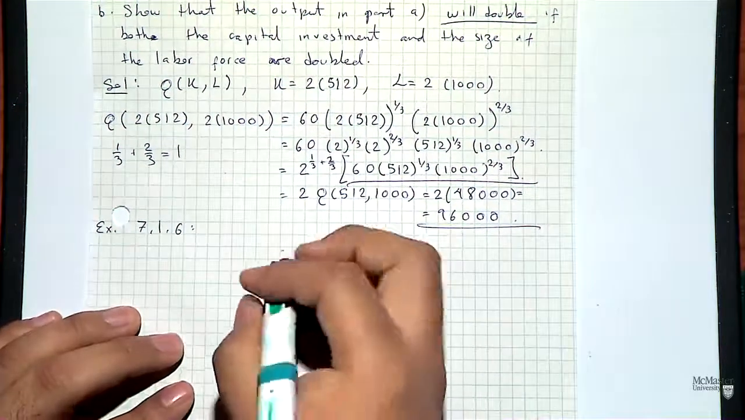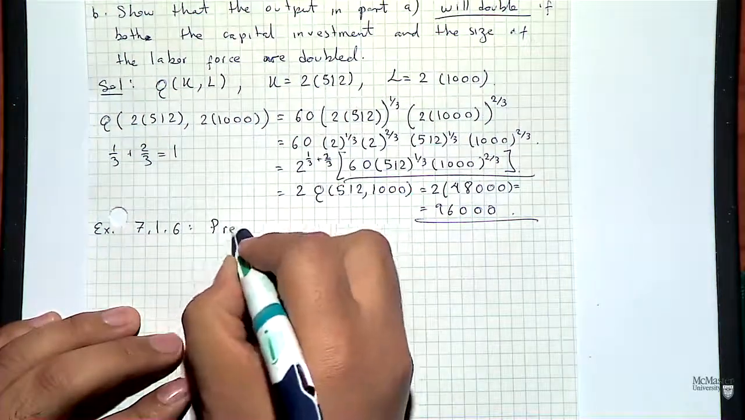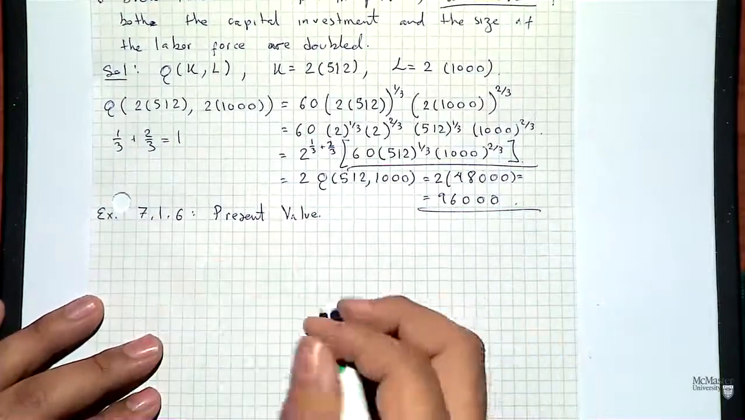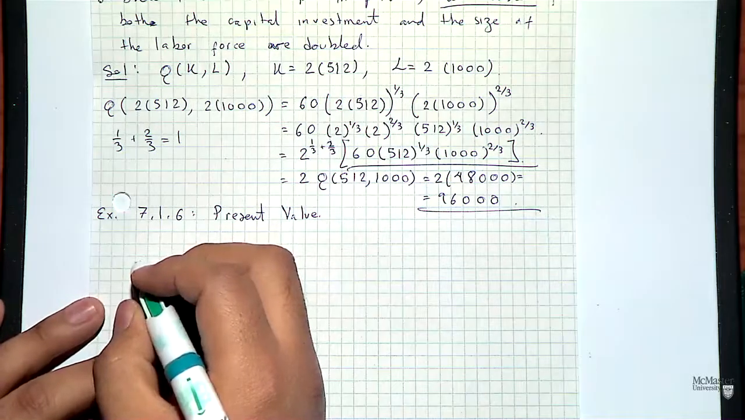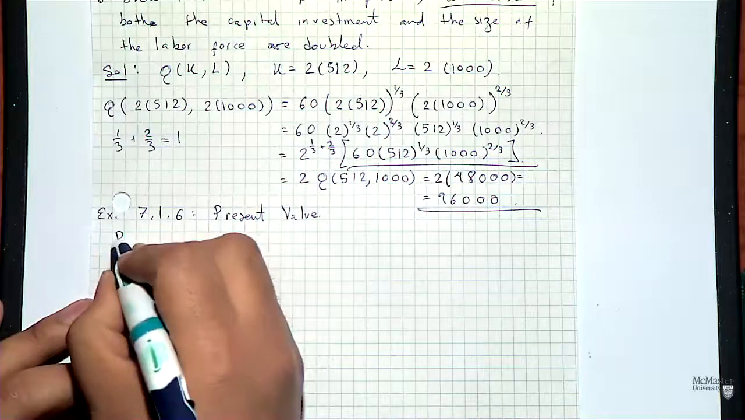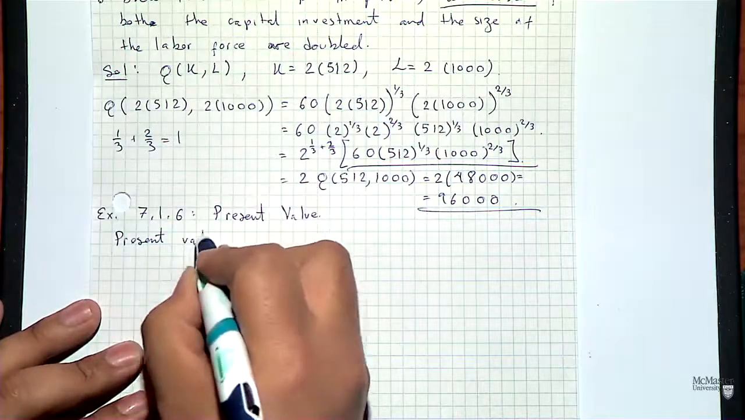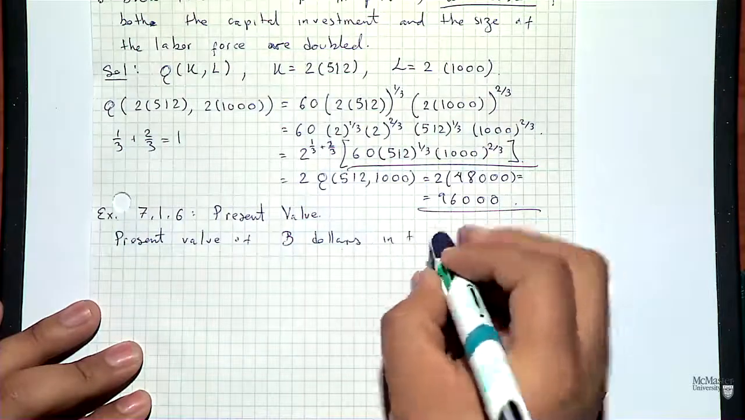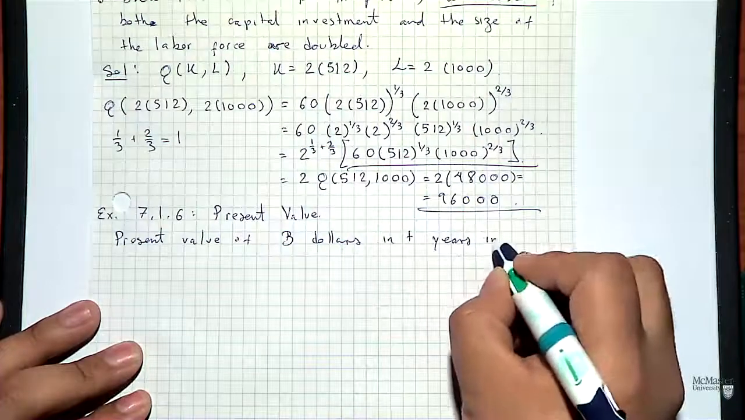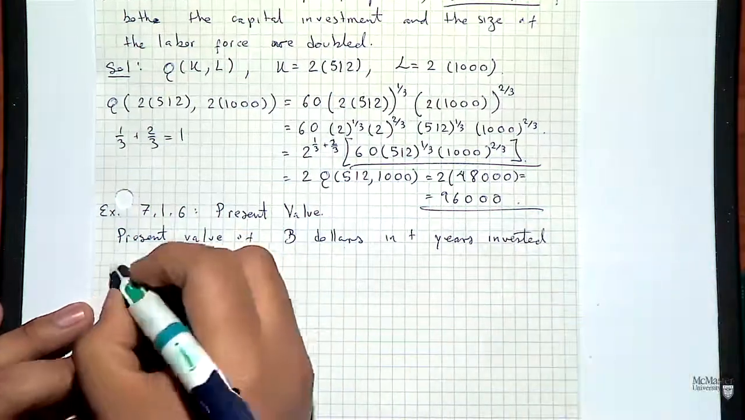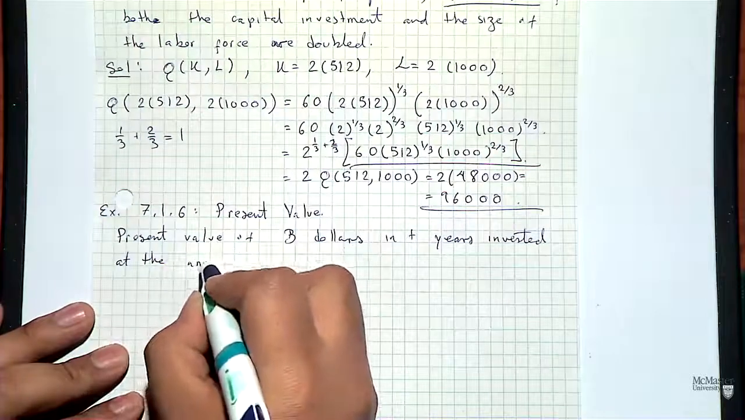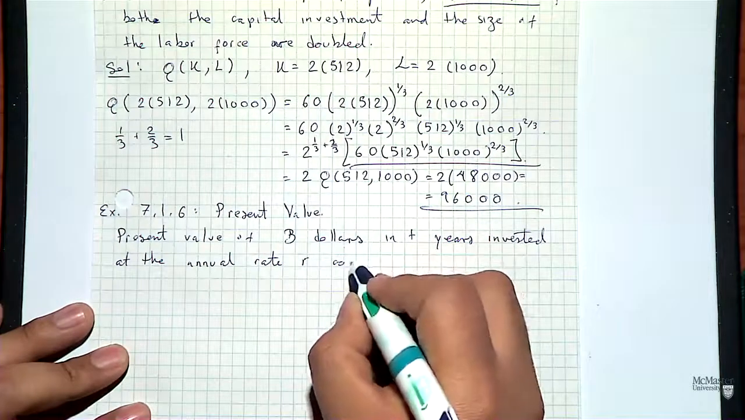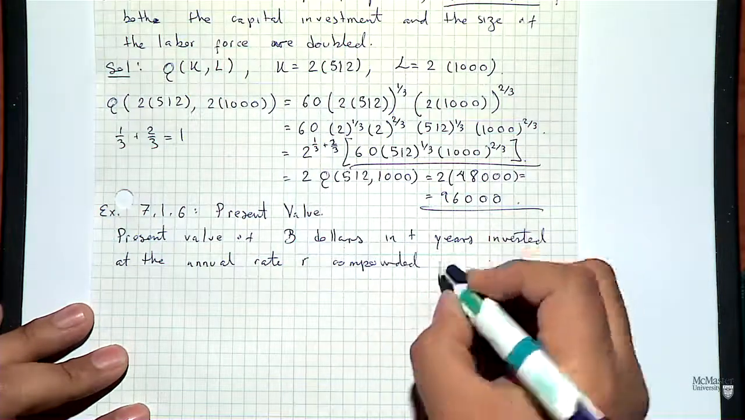We continue now with a different application, but it is related to some previous examples we had observed, which is present value. So we saw a little bit of this before, but now we will see it with different kind of eyes. So the present value of B dollars in T years invested at the annual rate R compounded K times per year is,